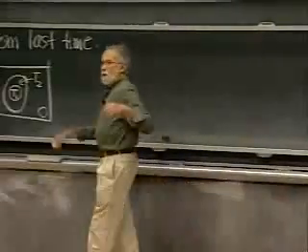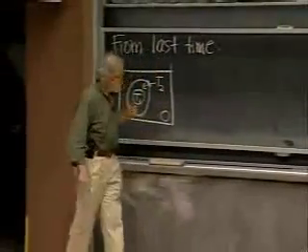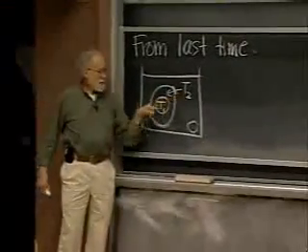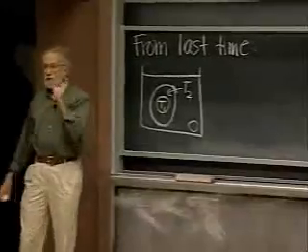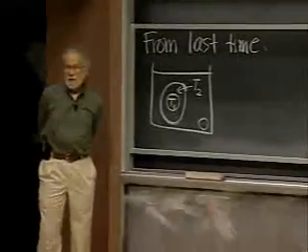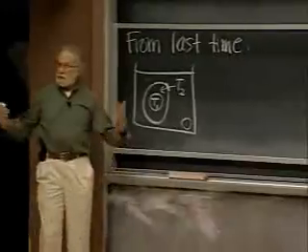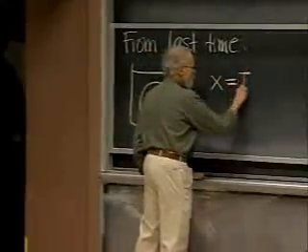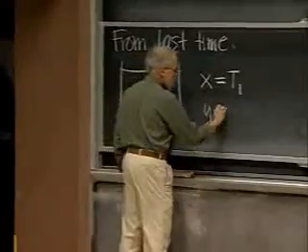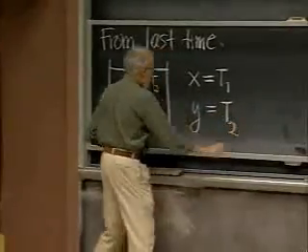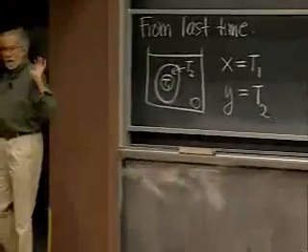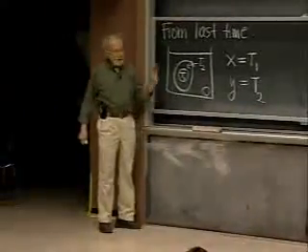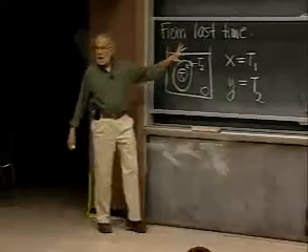Now, in order to make it a little more general, I'm not going to use the dependent variables T1 and T2 because they suggest temperature a little too closely. Let's change them to neutral variables. I'll use x equals T1, and for T2 I'll just use y. So I'm not going to rederive anything. I'm not going to resolve anything. I'm not going to repeat anything of what I did last time, except to write down, remind you of what